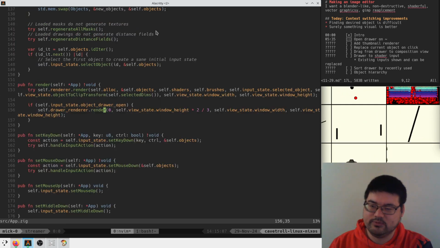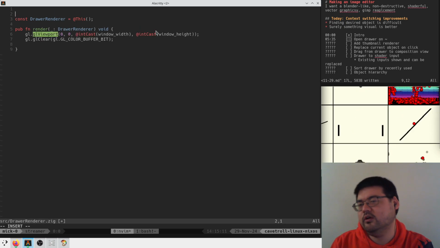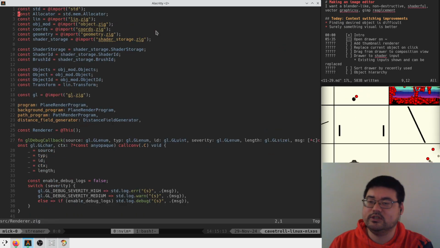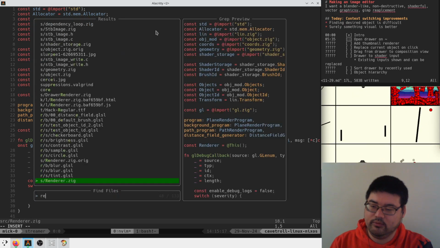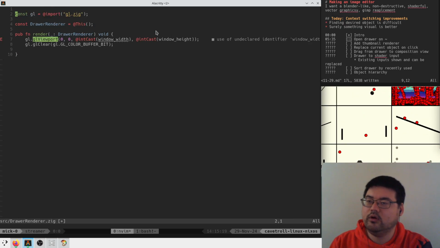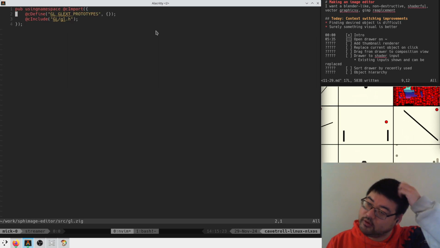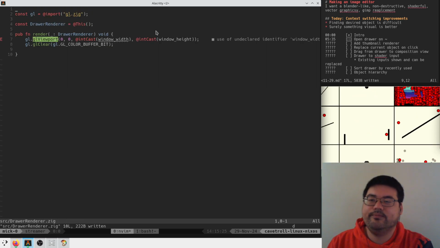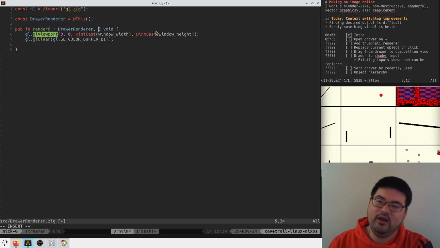Right, if we just do this, which means that we probably want a common GL thing. Right now, this GL is just coming from import gl.zig, so we can do the same thing in our drawer renderer. What is in gl.zig? Oh, sure. That makes sense. And this is going to be now going from like,